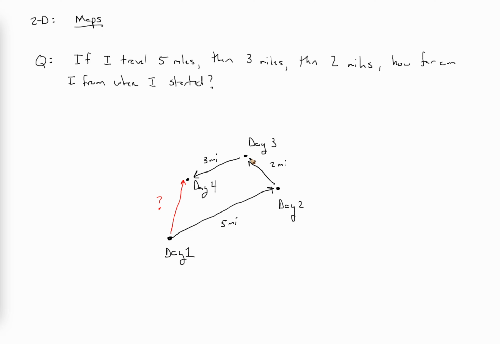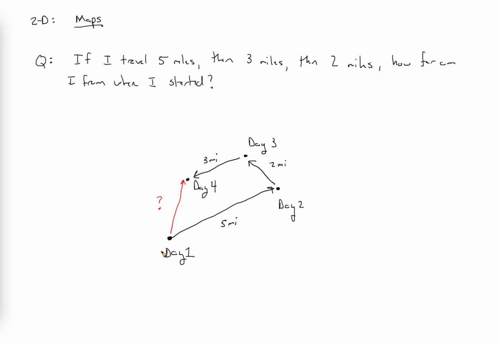So I have no idea where I'm going to end up if I just specify how far I traveled, and I certainly don't know how far from where I started I'm going to be. So how will we handle this when traversing terrain? When we look at a map, we assign coordinates. We assign north, south, east and west, and we would give a bearing in addition to a distance. So we're going to have to do sort of the same thing, but what physicists did and what Newton